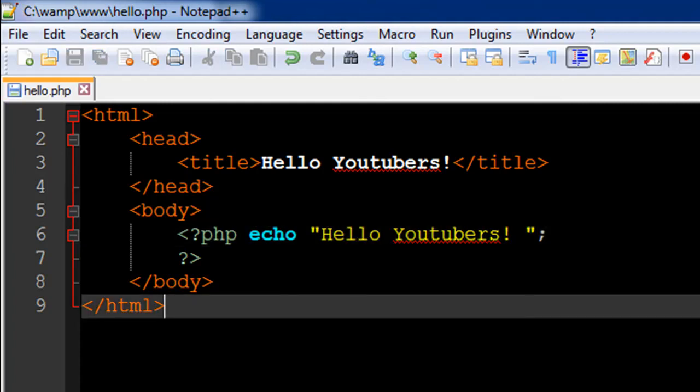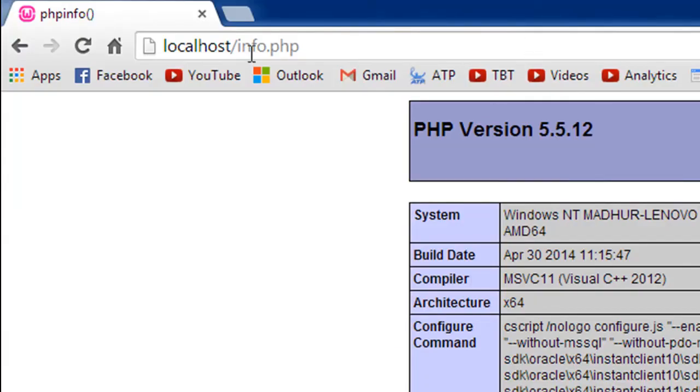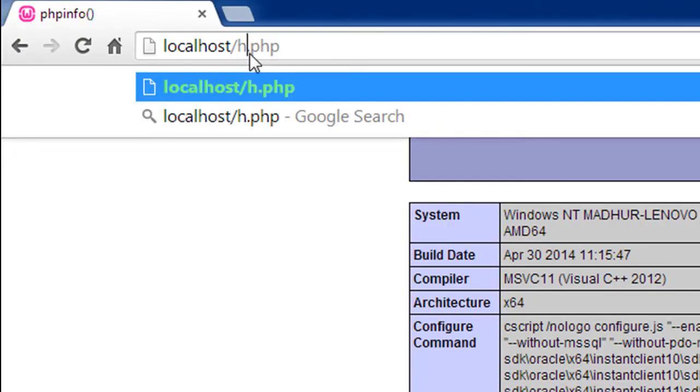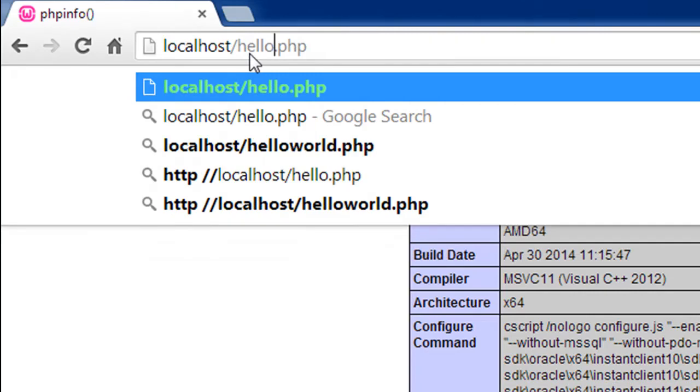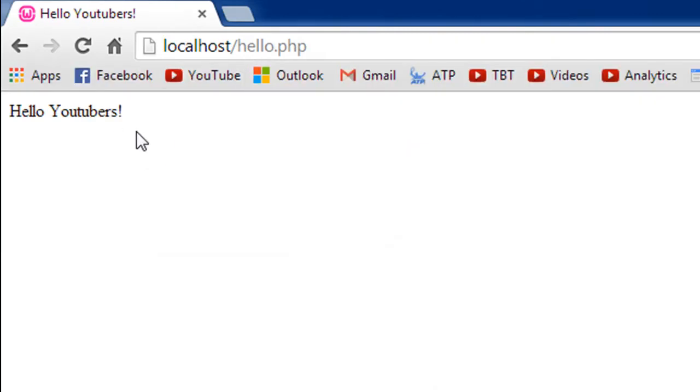I'll save the file, and I'll go to my browser, and instead of info.php, I'm going to now search for hello.php, which is the name of the file. When I press the enter key, I see the text hello YouTubers, right? So that's how the echo function works, and you can actually concatenate strings in the echo function,